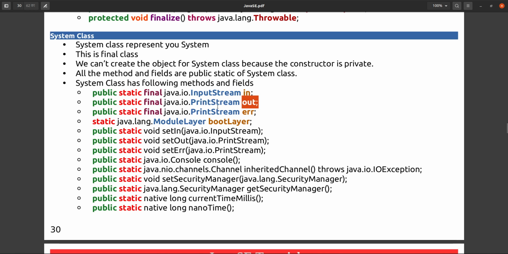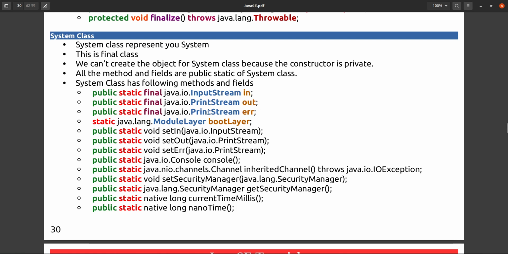Inside PrintStream, the print or println method is there, and that will take an object type parameter and print that object into the console as per your toString method implementation, because internally it applies toString only.